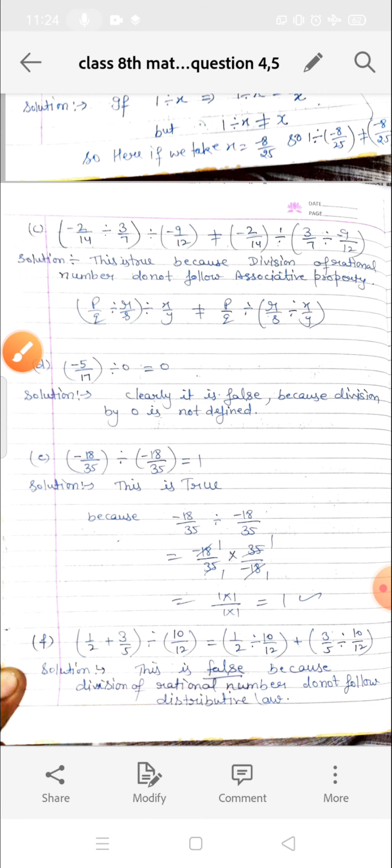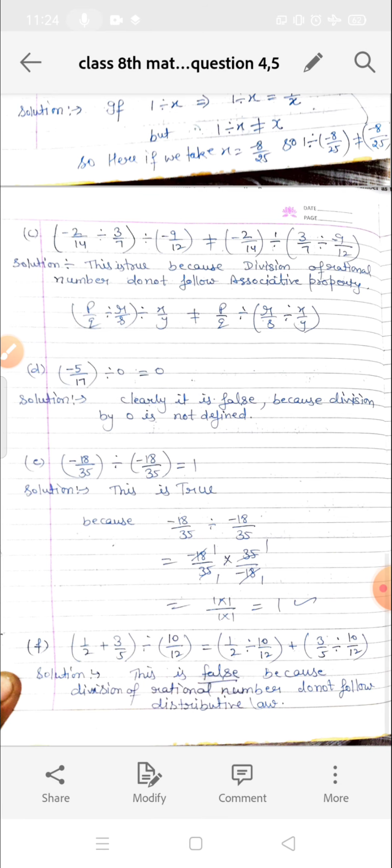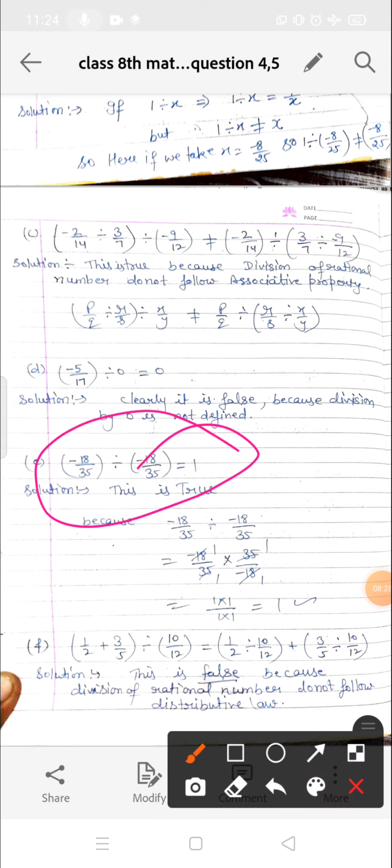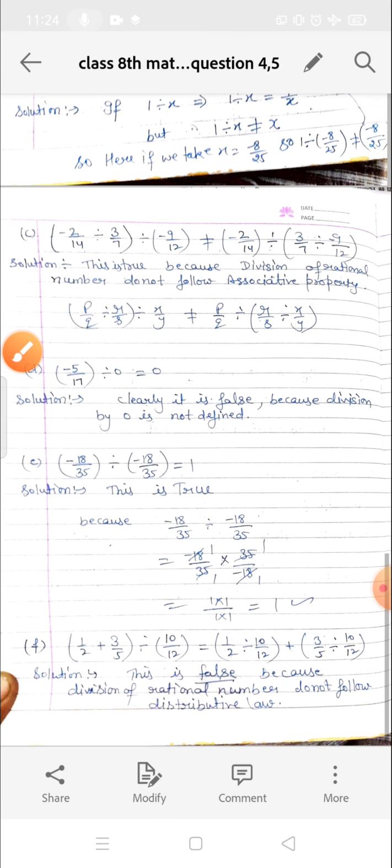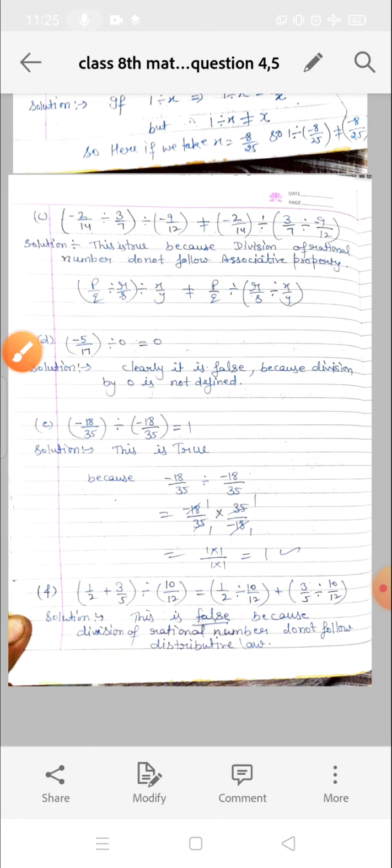Look at the E part. In the E part, we have been given two same numbers, and we know that whenever we divide a number by the same number, for example, if we divide a by a, we have the result equal to 1. So we can say that this is true. This is true. Now the last part is